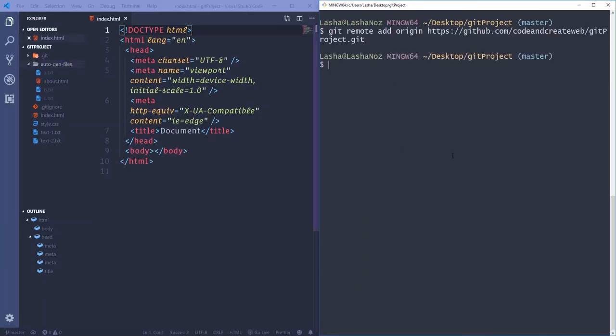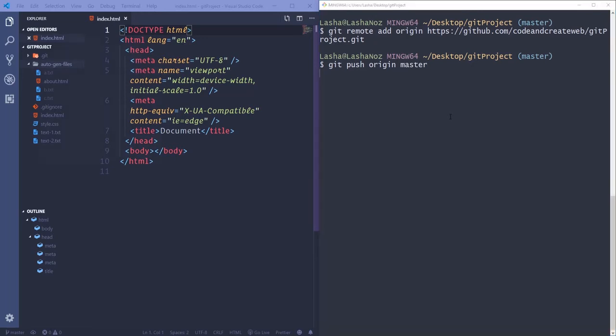So once we run this command, then our local repository will be connected to GitHub, and the next step is to push it to GitHub. For that we need to run the following command, git push, then the name of the remote, origin, and finally we have to indicate here the name of the branch. For now we don't know much about branches. The only thing that we know is that currently we're working on the default master branch, so let's indicate it